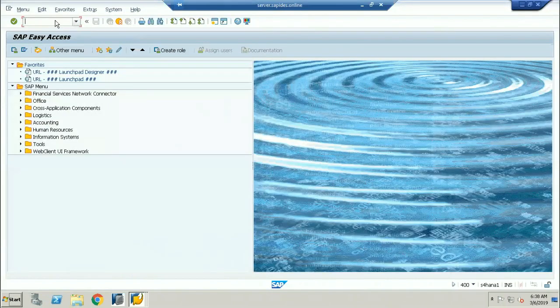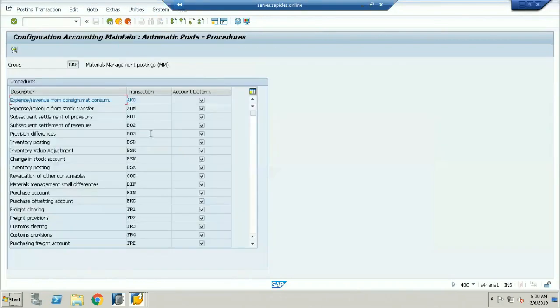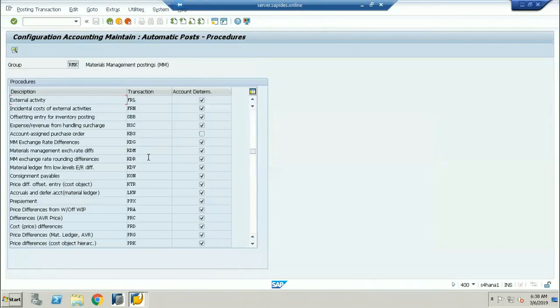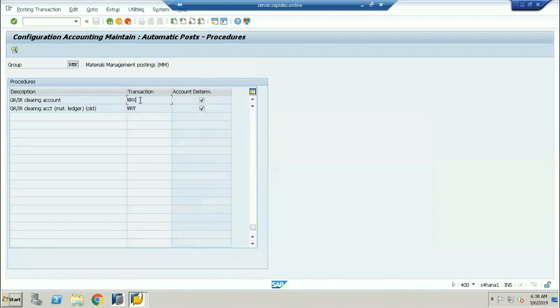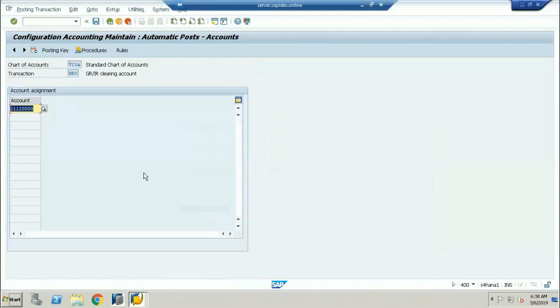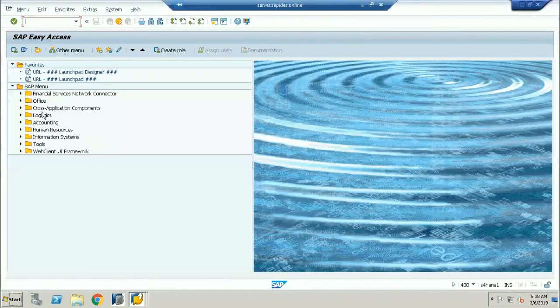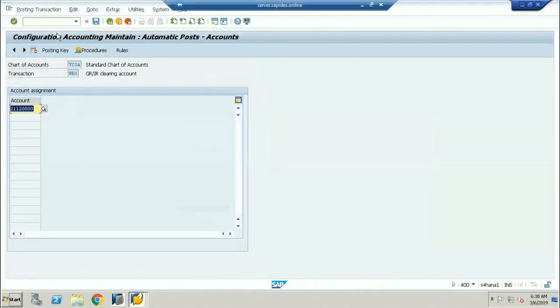So if I go into the OBYC and come down to the WRX, see here, 211200000. This is the account.